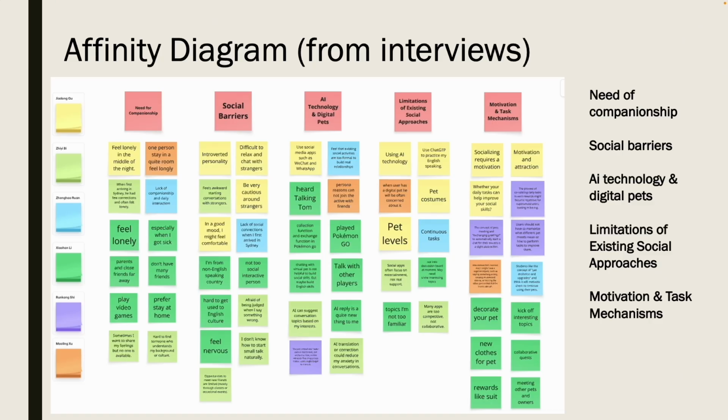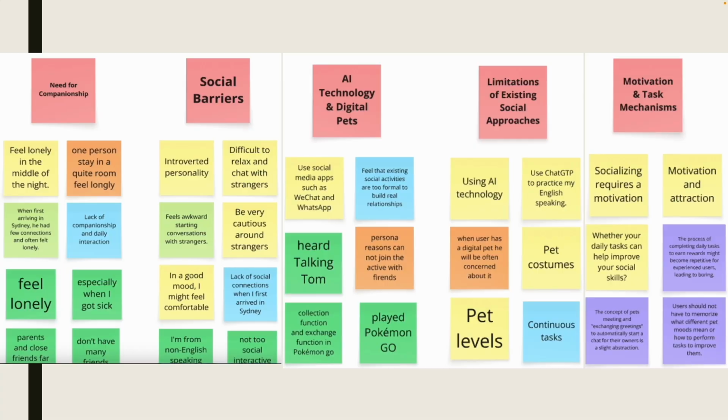In the field study of this sprint, our team members undertook interviews and usability testing. Based on the results of our data analysis, we created two different affinity diagrams. The first is based on findings from interviews, and the second is based on findings from usability testing. We interviewed college students and found that many of them sometimes feel the need for companionship in their college life. They also face different kinds of social barriers. Some of them have already tried virtual pet apps or games, and they know how technology can help them connect socially. They also shared useful suggestions on how we could improve engagement with our product.